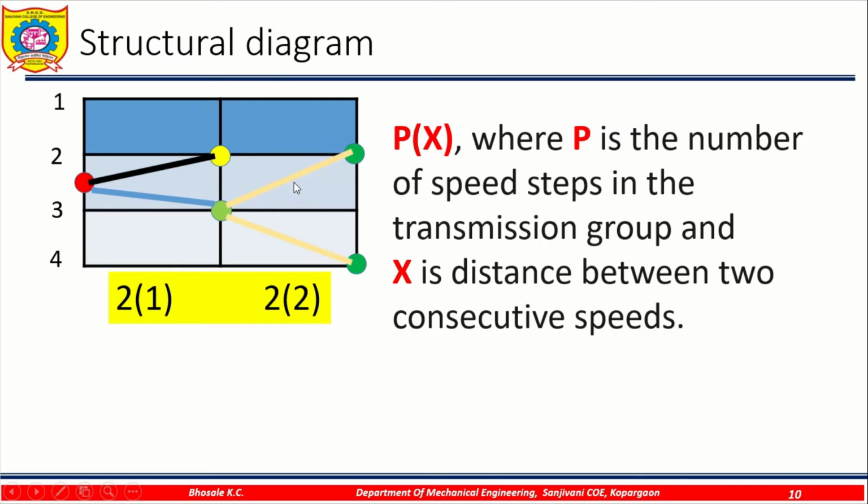Likewise we are getting the two rays coming out from the one single input with a distance of 2. Similarly this yellow dot is also transmitting the two spindle speeds. So we'll also draw the two node points and join them with the rays. So likewise we'll complete the diagram. This diagram is known as the structure diagram.